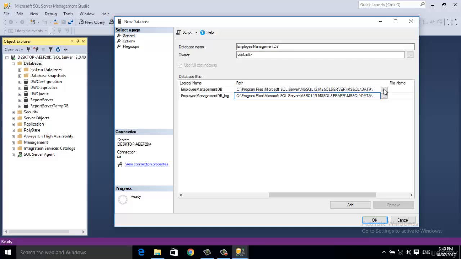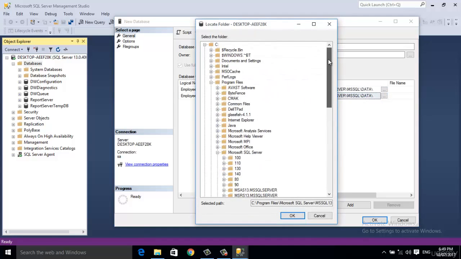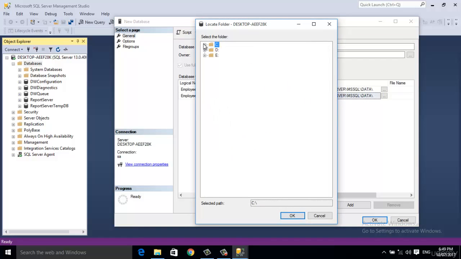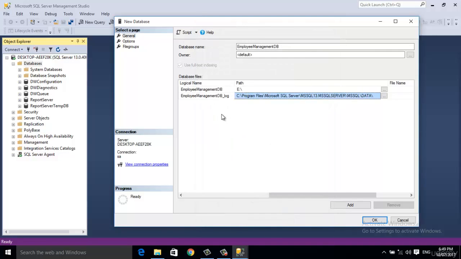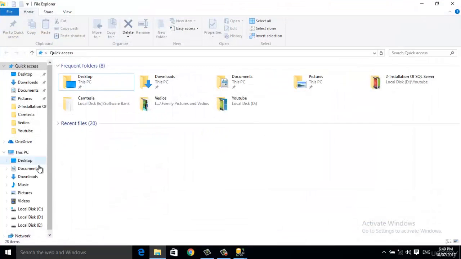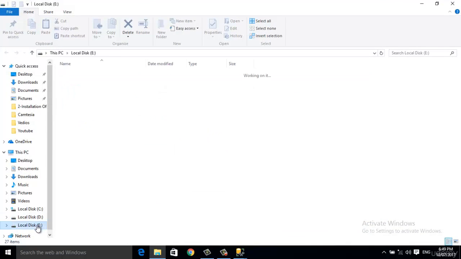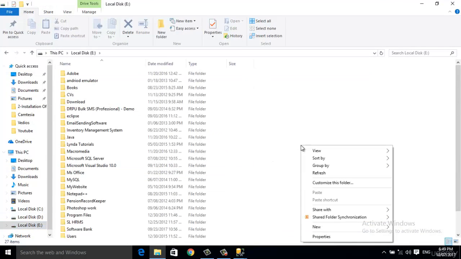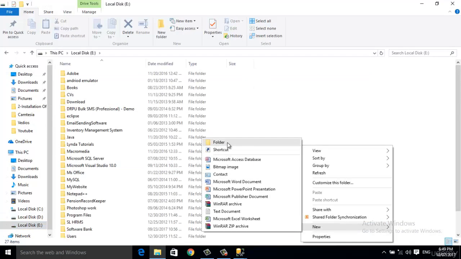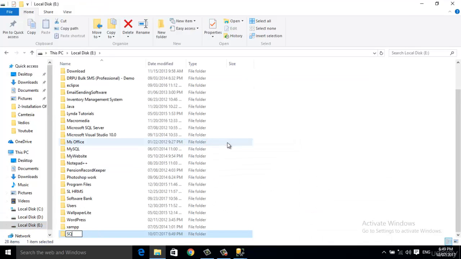I am going to change this location, and let me go to my E drive and just have a recheck on my E drive. On the E drive I am going to create a folder named Employee Management Test DB.